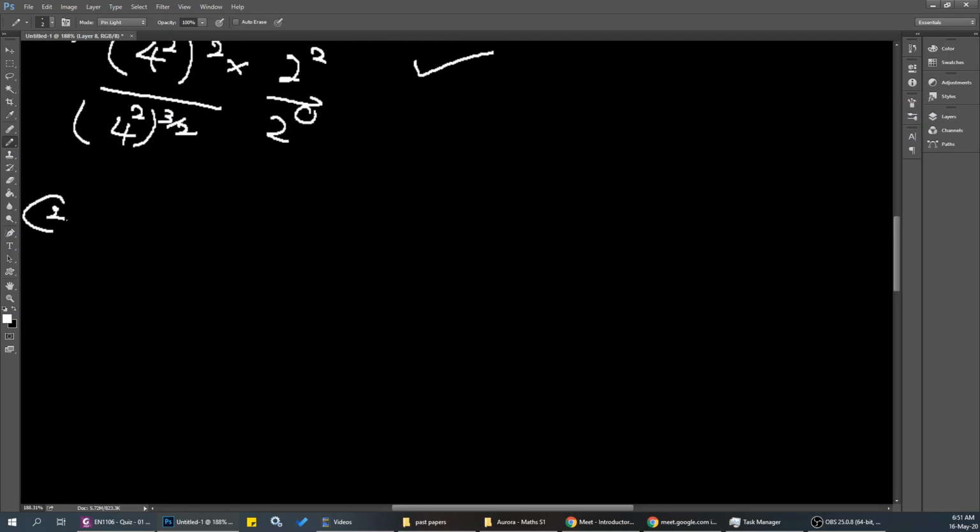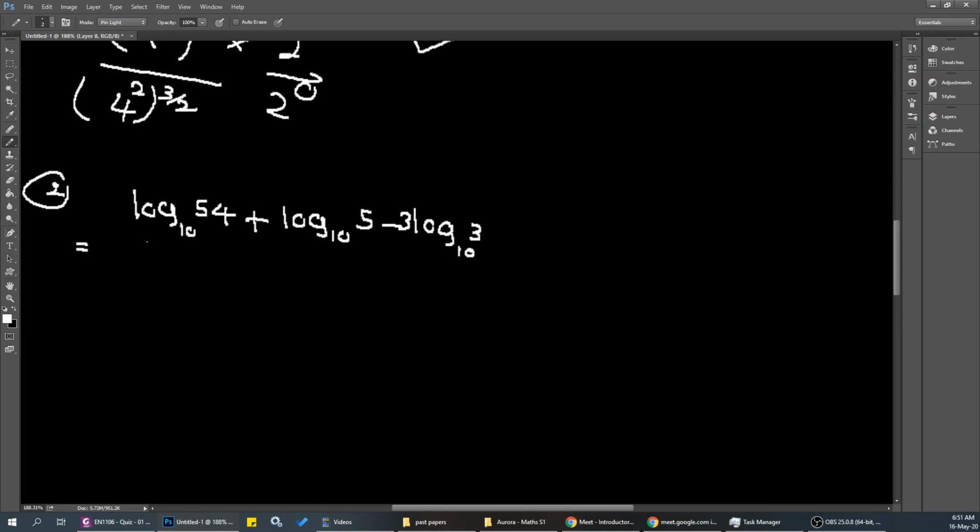So question 2, okay, we have log of 54 to the base 10 plus log of 5 to the base 10 minus 3 into log of 3 to the base 10. Okay, what we are going to do is we are going to simplify this, and you can see that we can write it as log of 54 to the base 10 plus log of 5 to the base 10 minus,